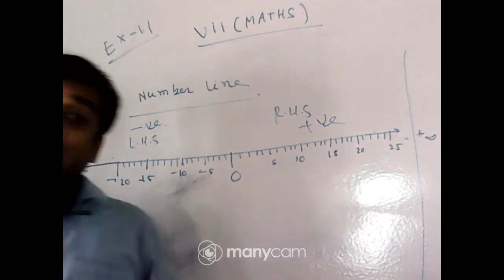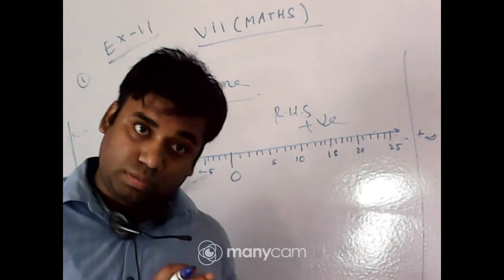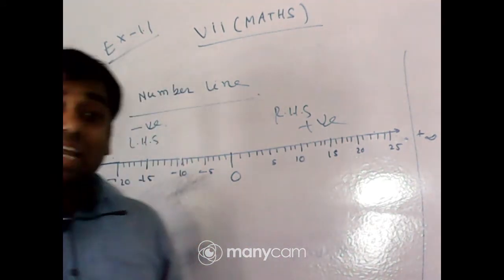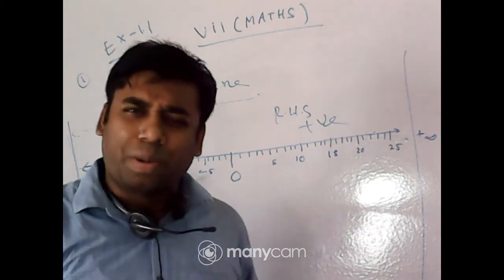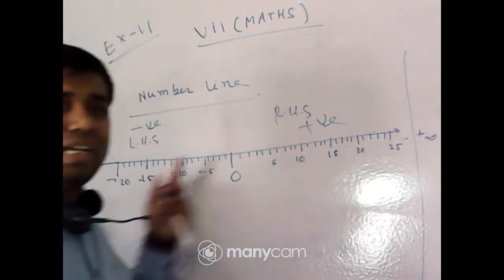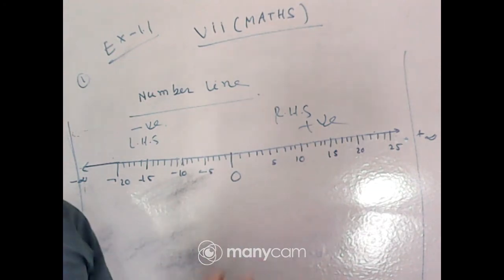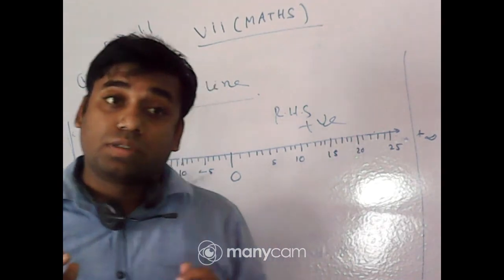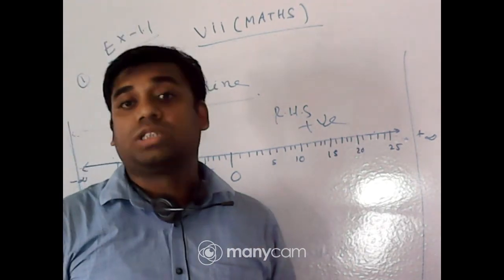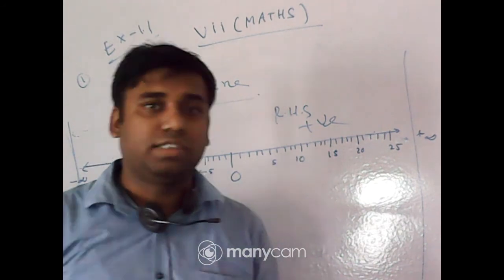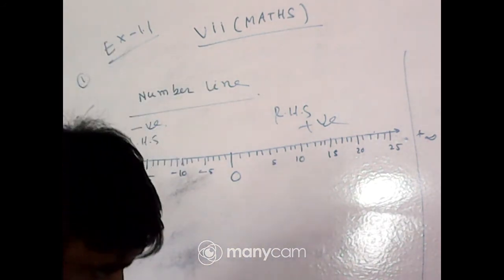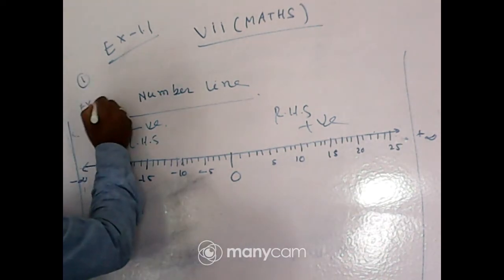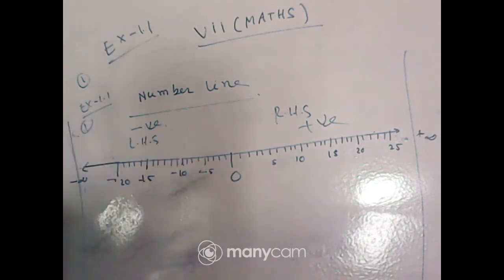So next time, while watching that video on YouTube, all the points I have discussed, what is a number line, what are its properties, that is, moving up to plus infinity and minus infinity, what the left hand side and right hand side represent, all the points you should write down in your copy. It will be a strong concept if you write all these things in your copy. Okay, clear, completely clear. Okay, very good. Now at exercise 1.1, first sum, a number line is given.